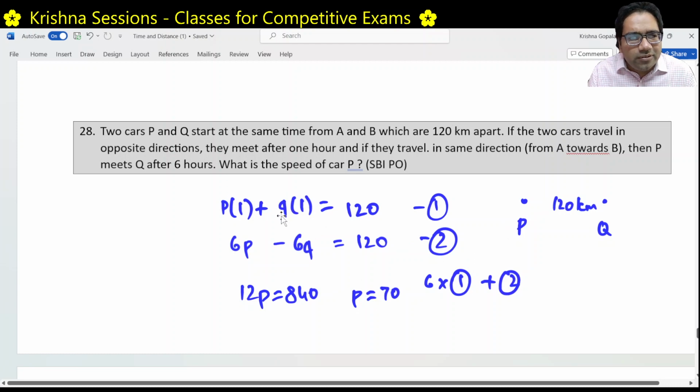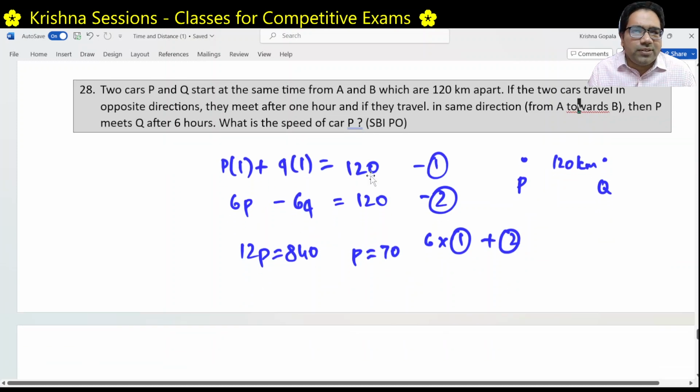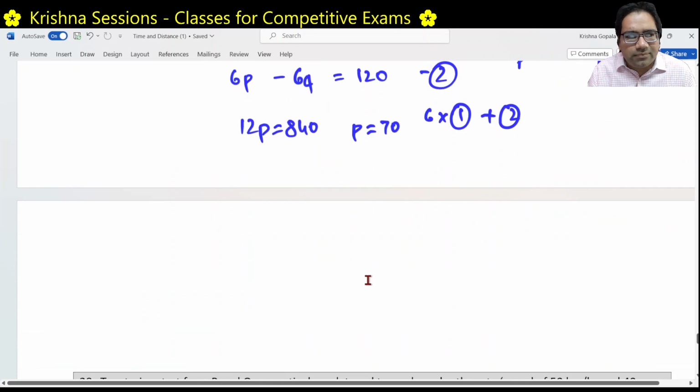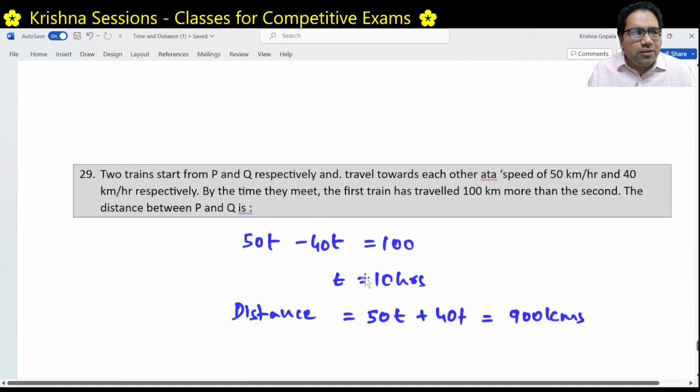And what is Q? Q is the speed of the second car, which is 70 plus Q equal to 120, so Q is 50. Right? 70 plus 50 is equal to 120. That means the speed of Q will be 50. Right? This is also an easy problem. Again, two trains,